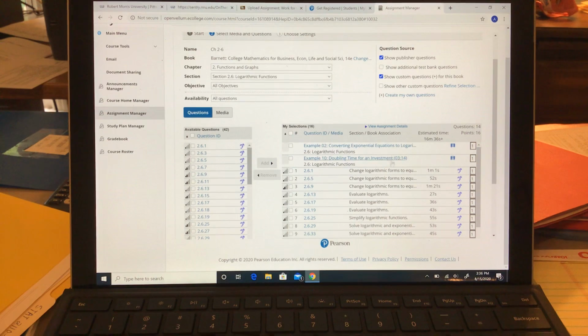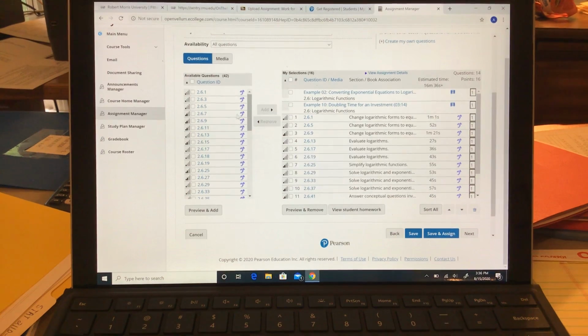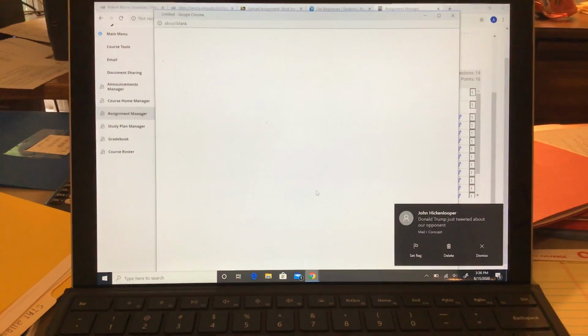So here you can see that there are 2. They're normally relatively short videos, 2 to 3 minutes, something like that. Sometimes they're a little longer, it depends on the material. But you need to watch it before you're allowed to start the assignments, and that's the way it works. Now, just to give you an idea, when you go into an assignment,